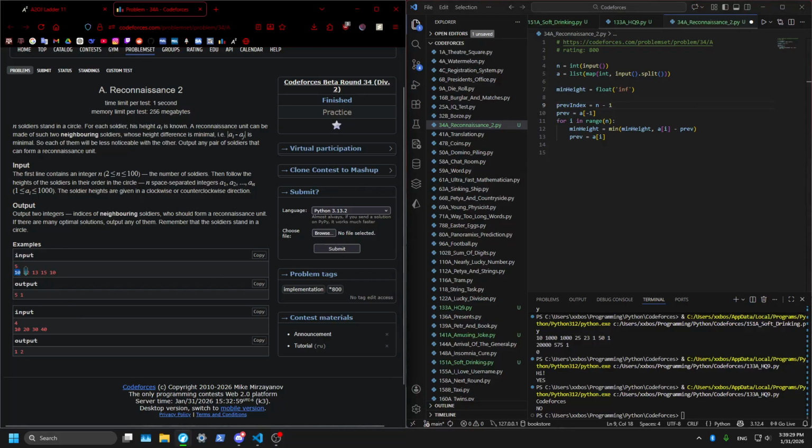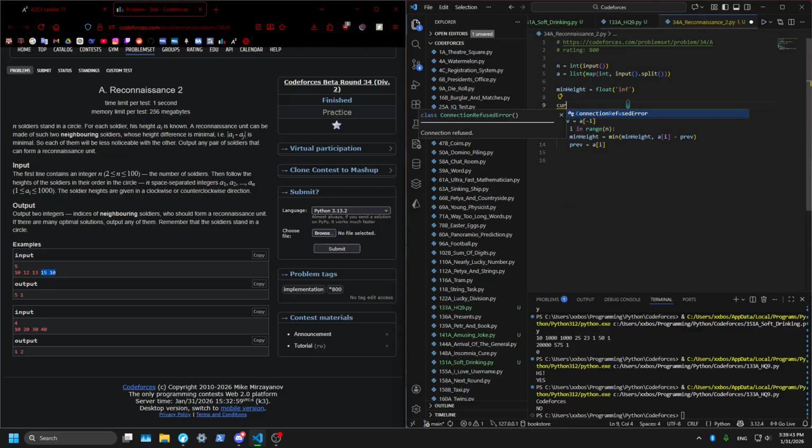We're saying 0, 1, 2, 3, 4. Yeah, and then cur index is just i. Equals 0. Prev. Okay, so